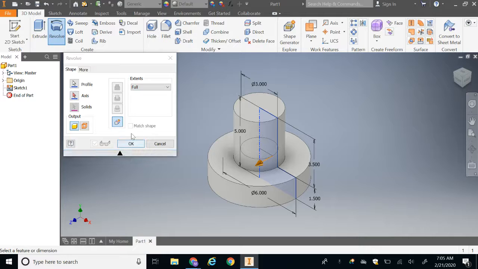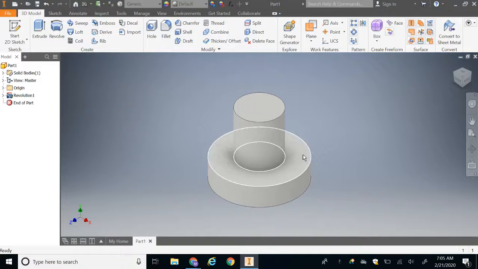And then I hit OK. I want it full to revolve all the way around, and I hit OK. And there's my